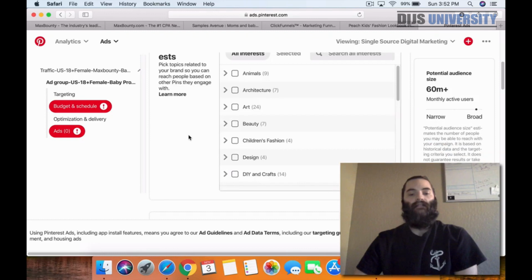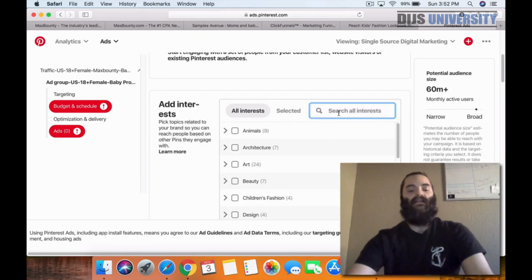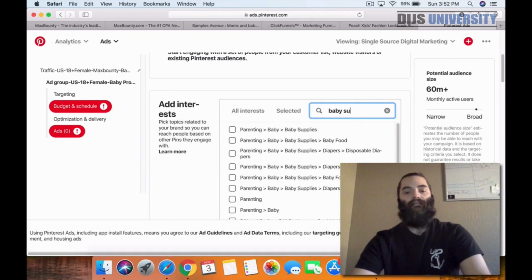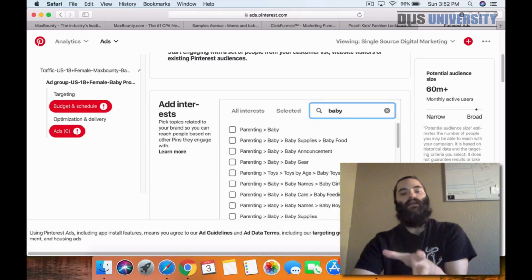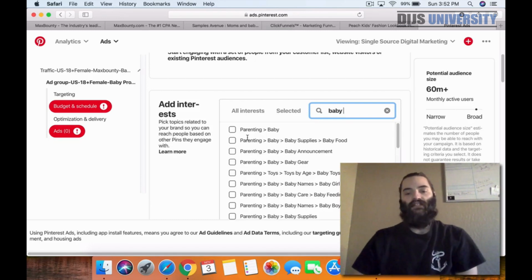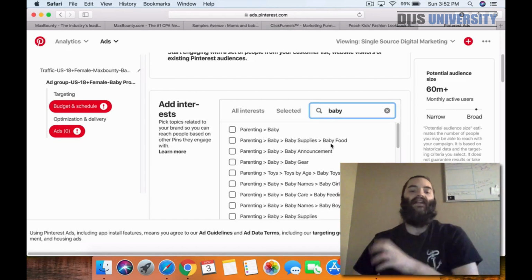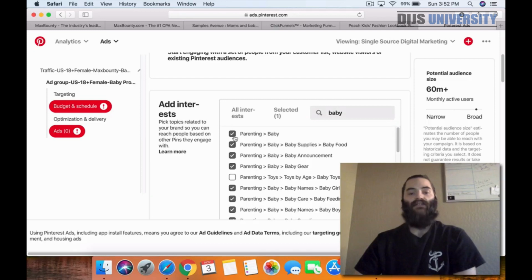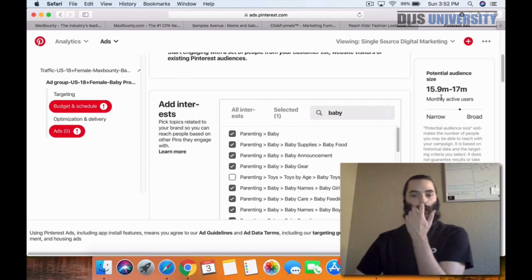So baby products, and the reason why I put baby supplies in here is because I already know that that's an interest. So the way that you could do this is you could add separate interests. I could do specifically just babies, or babies, baby supplies, baby food, and this is just categories, how it's broken down on Pinterest. Whenever you're promoting these products, it's going to show it for anyone who's searching within these categories. So if I wanted to do just baby, I could do that. However, it's going to highlight all of these,